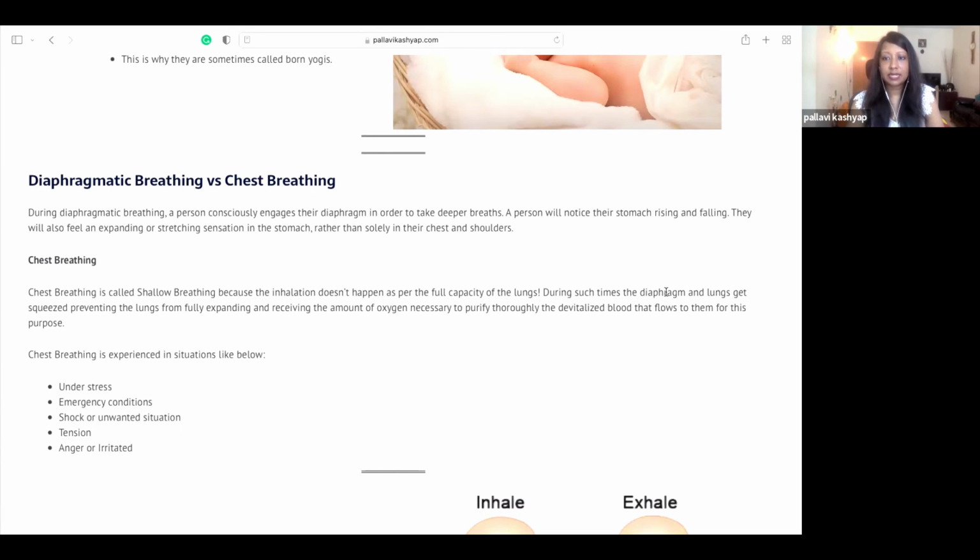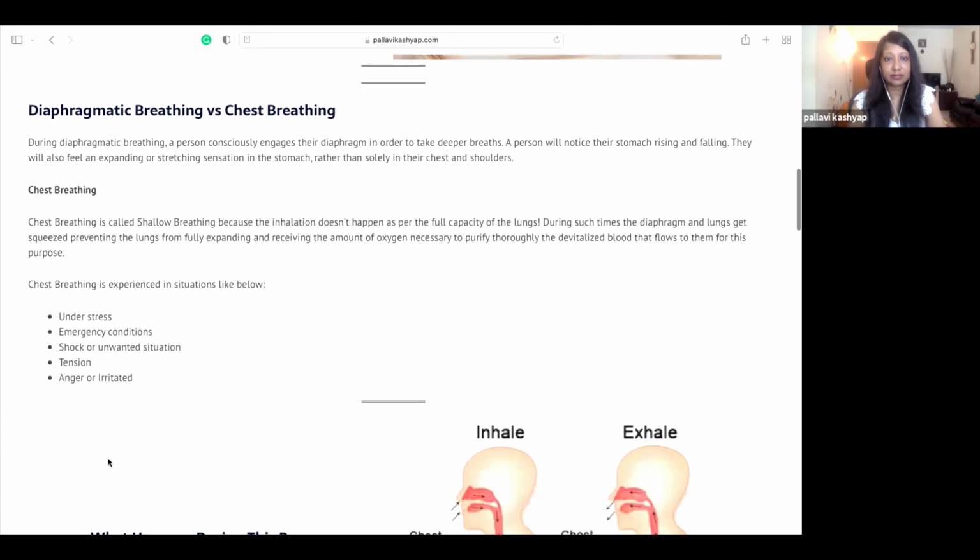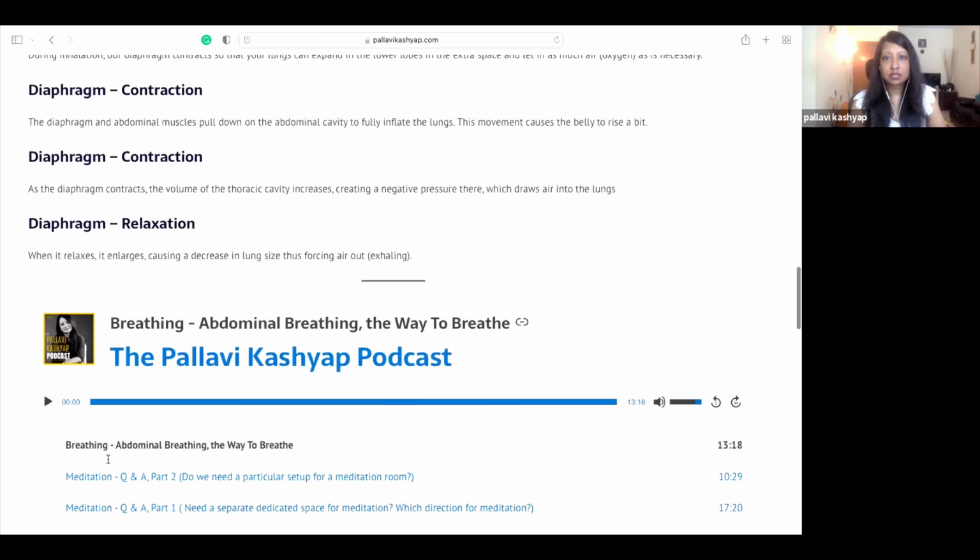During such times, the diaphragm and lungs are squeezed, preventing the lungs from fully expanding, and the amount of oxygen necessary to purify is reduced. You can read it out here in this blog. It's basically you're not inhaling fully, and like I said, chest breathing is experienced in situations like when you are under stress, in certain emergency conditions, shock or an unwanted situation, tension, anger, irritation. So this was about